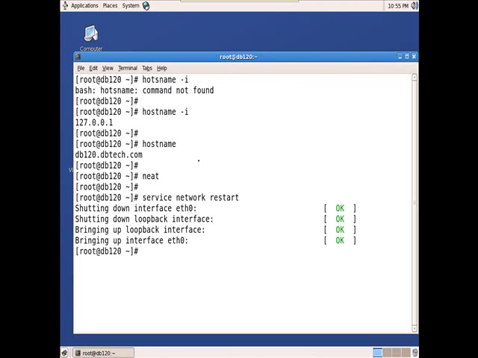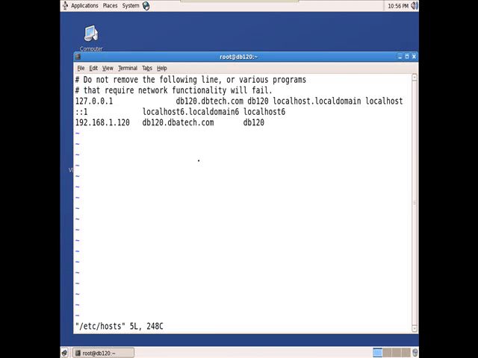Apart from this neat, there is one more called the hosts file. The hosts file is present in the etc directory. Let us open that one. In that there is something, db120. Remove all these things.